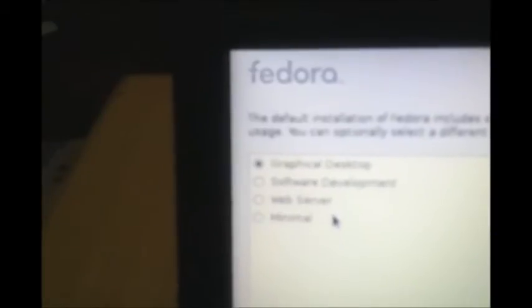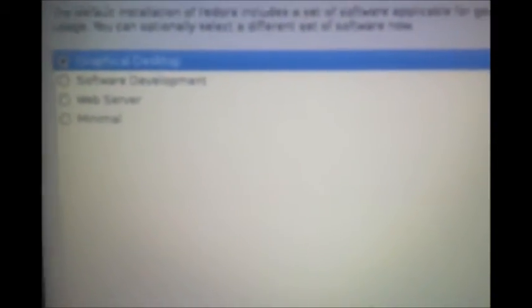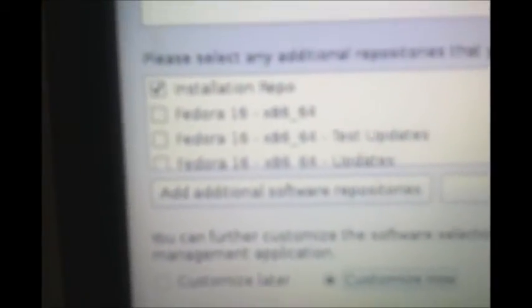Going to software development. Fedora by default gives you some software, but you can add some more software which is there in the CD using the customize now option, as you can see there. And you can add some more software which is by default in the DVD but not installed by the default installation process. You can add them anytime. Clicking on customize now and clicking on next